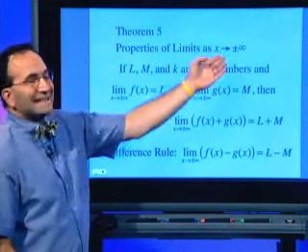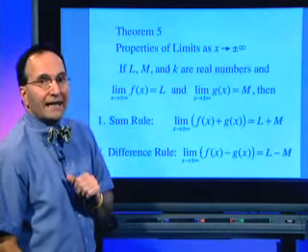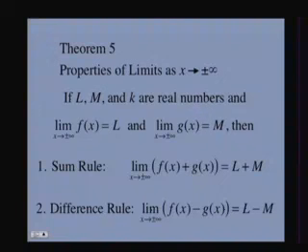Properties of limits as x goes to plus or minus infinity. If L, M, and K are real numbers and the limit as x goes to plus or minus infinity of f of x is equal to L, and the limit as x goes to plus or minus infinity of g of x is M, then we have the sum rule that tells us that the limit as x goes to plus or minus infinity of the sum of f of x and g of x is simply equal to the